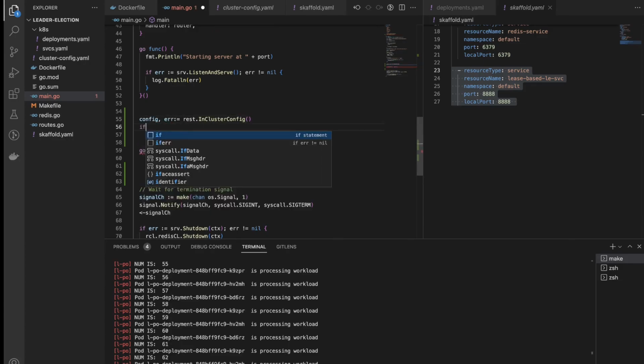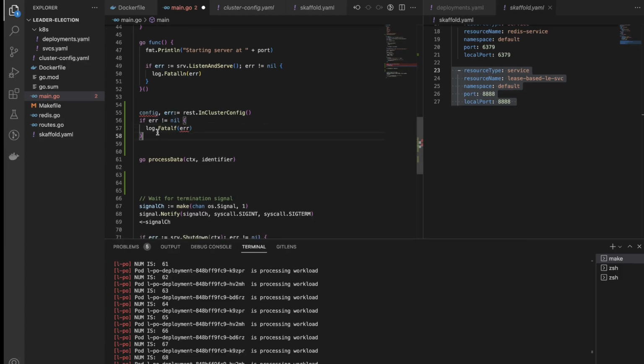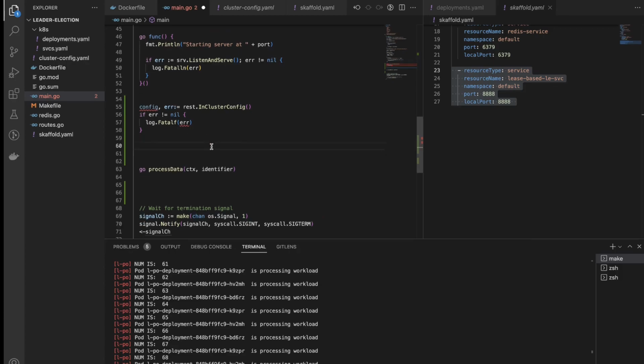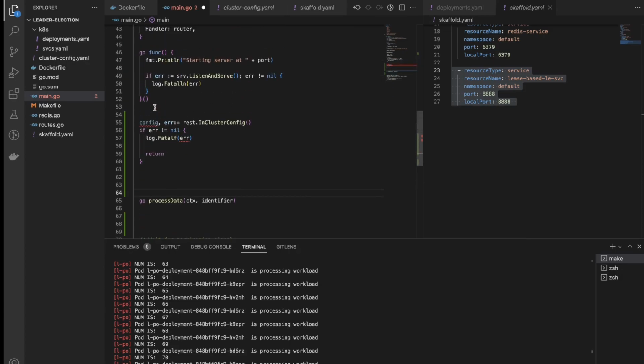And if there is an error, let's just log that with log.Fatalf, error, right? And then so now